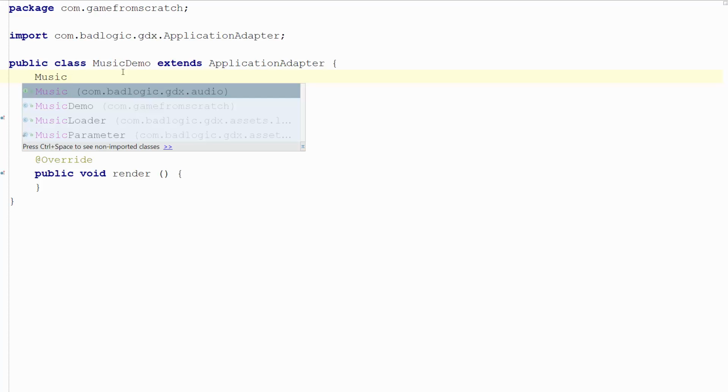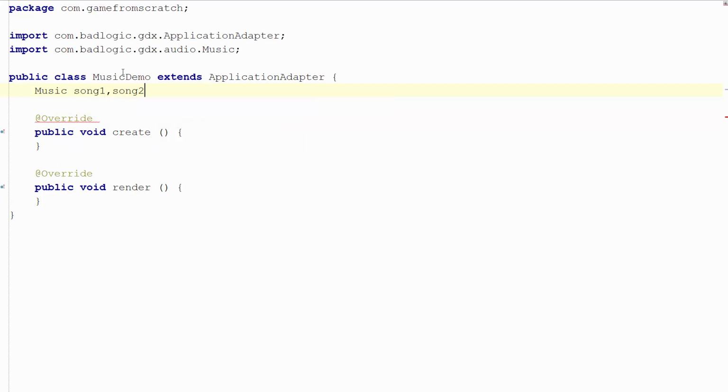Instead of sound, we use music. And I'll just go ahead and create both. I'm going to use them both eventually. And let's go ahead and load both. Loading them is very similar. Song1 equals